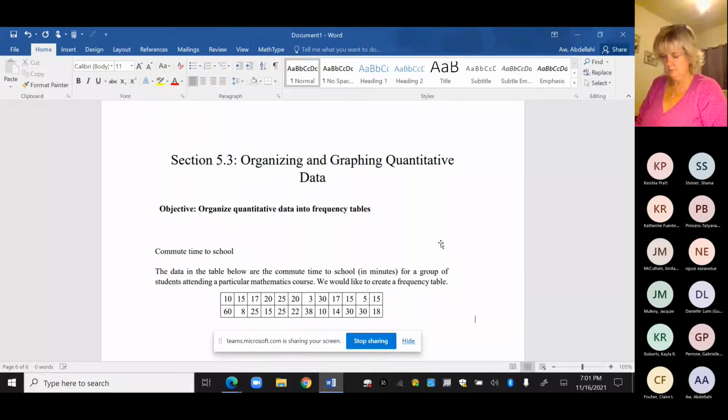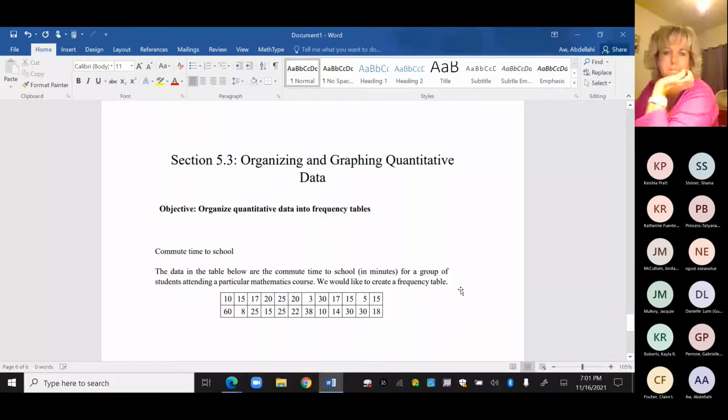So let's see what the challenges are here. For instance, this data right here is a commute time to school. The data below represent time in minutes for a group of students attending a particular mathematics course. We would like to create a frequency table. So these are not categories, okay? If you want to create a frequency table,